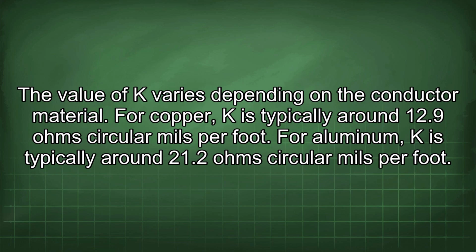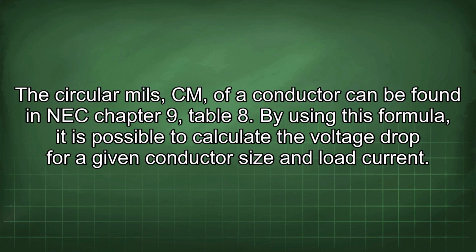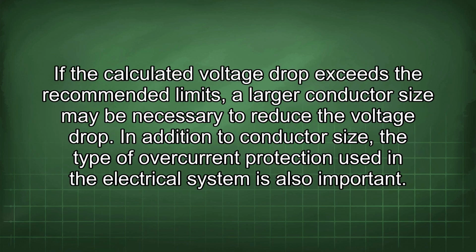The value of K varies depending on the conductor material. For copper, K is typically around 12.9 ohm-circular mils per foot. For aluminum, K is typically around 21.2 ohm-circular mils per foot. The circular mils of a conductor can be found in NEC Chapter 9, Table 8. By using this formula, it is possible to calculate the voltage drop for a given conductor size and load current. If the calculated voltage drop exceeds the recommended limits, a larger conductor size may be necessary to reduce the voltage